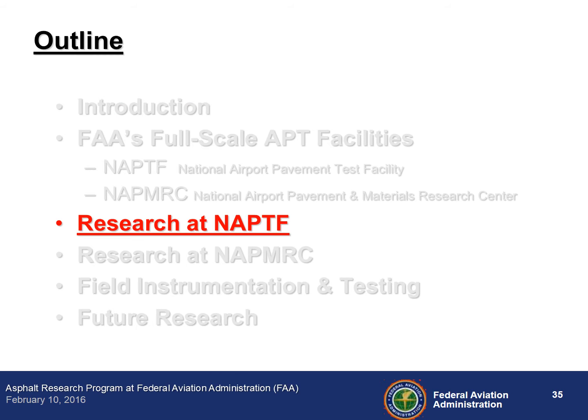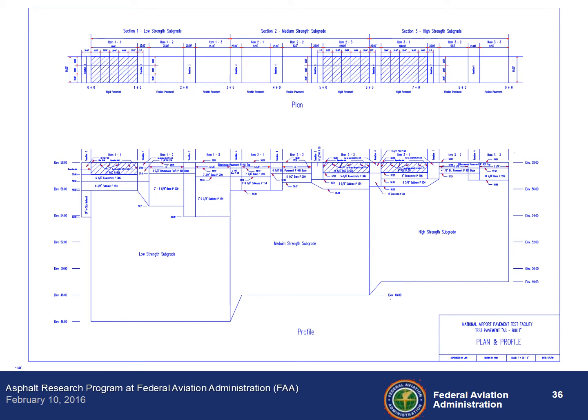So now I'll talk about some research that has taken place at the National Airport Pavement Test Facility and what we are doing currently. This is the layout of the section. So we have a 900 feet long test area. The subgrade is something that we have brought from outside. So we have 300 feet of low strength subgrade, CBR of about 3 to 4, 300 feet of medium strength subgrade, CBR of about 7 to 8,